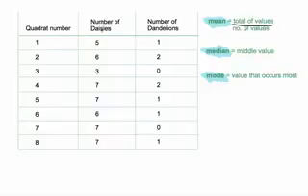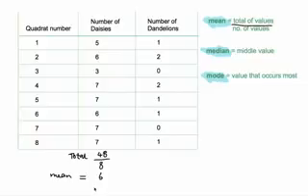So if we were looking at the mean number of daisies, we would look at the total, and I think the total in this case is 48. Okay, so if I add all these up, I get 48, and I divide by the number of values, and I've got 8 values there. So the mean number of daisies is 6. Okay, so we've got 6 per quadrat, and that gives you an idea of how these daisies are